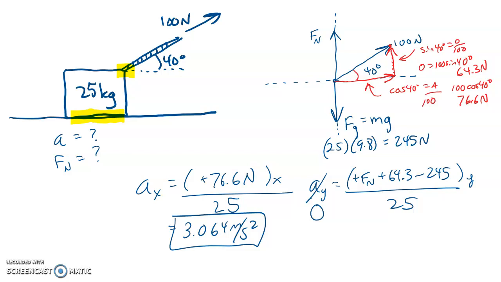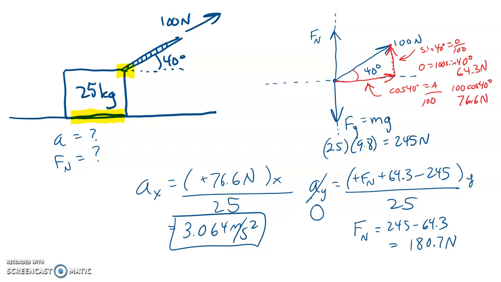Always think about that. Which direction has the acceleration of 0? Is it x or is it y? It's a very, very rare situation where they both have acceleration. So anyway, we can do the algebra here, and we find out that the normal force is equal to 245 minus 64.3, which is